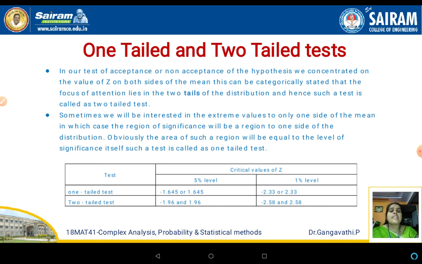So if you consider the range from the graph on both sides, both the negative side as well as the positive side, then we call it a two-tailed test. That is all about the main idea, in an overall way; in a simple way we can explain it like this.